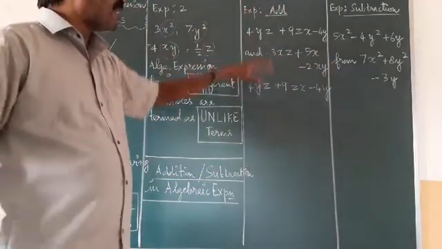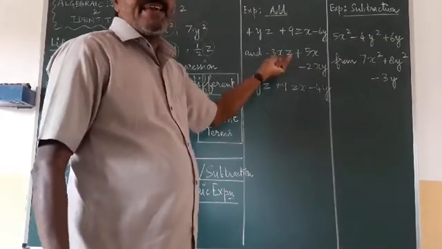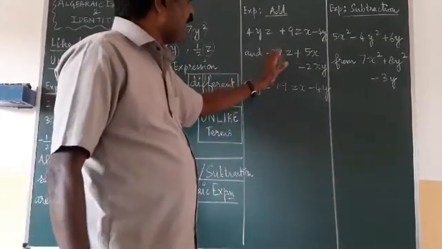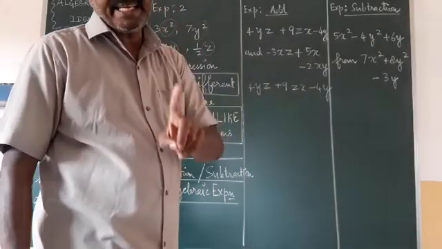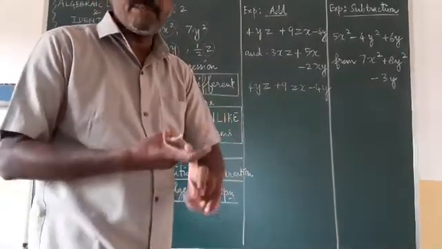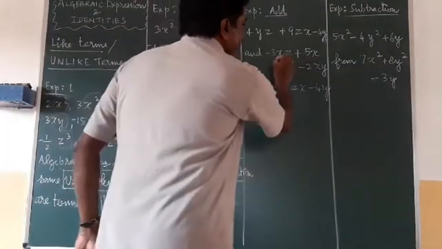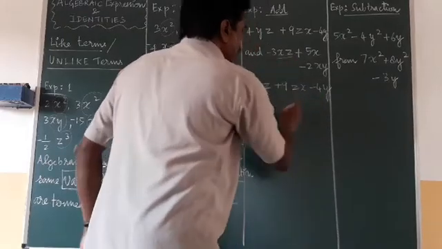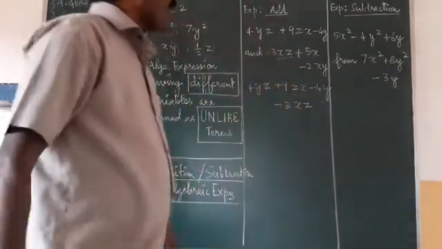Okay, I have written the first expression. You see this one, the second expression: write it under the same variable. Minus 3xz. Where is xz? Here. Zx and xz are same because it is multiplication. So you have to write it under this one. You have to see the variable xz. Here xz is there, below it minus 3xz. Both are same.